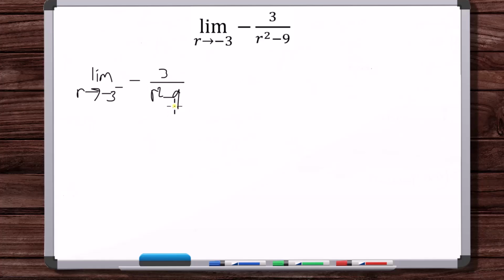So in that case, you've always got some number that's just a little bit greater than 9 being subtracted from 9. So 3 divided by a tiny positive number that's close to 0 is positive infinity. And with the negative out front, you get negative infinity. Now, the limit as r approaches minus 3 from the right